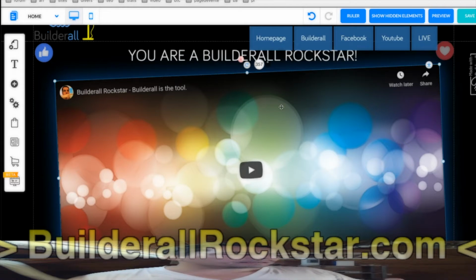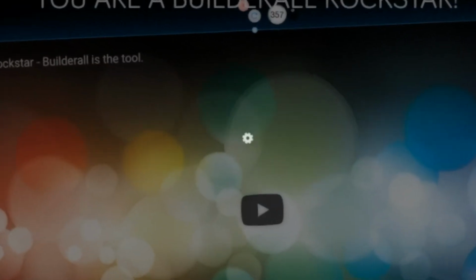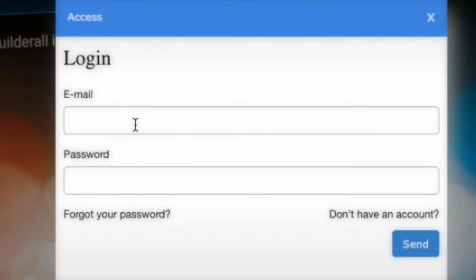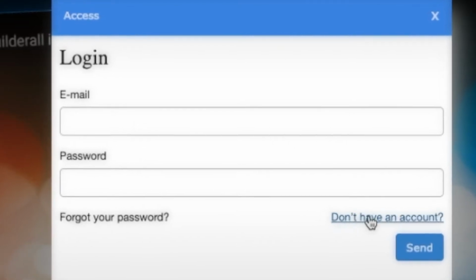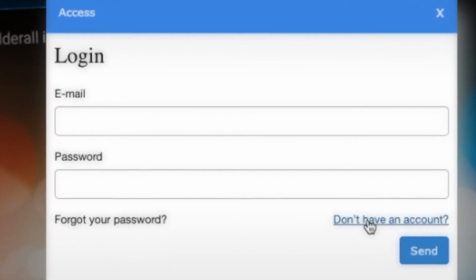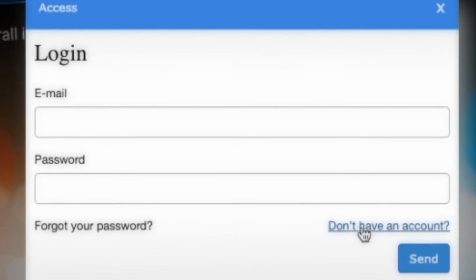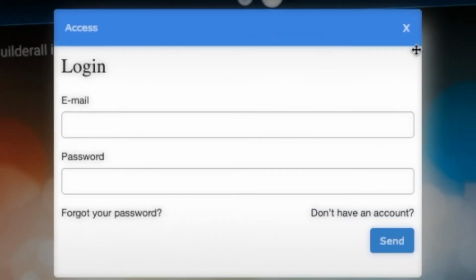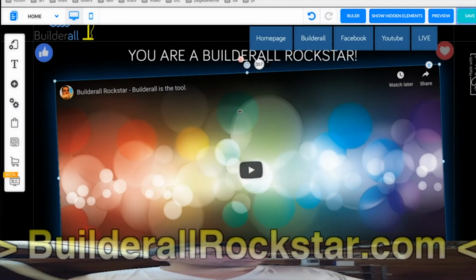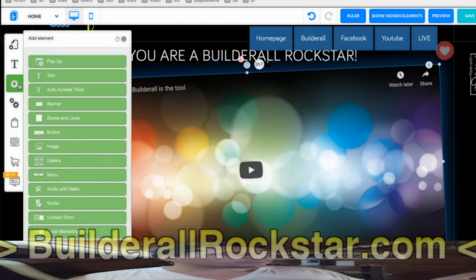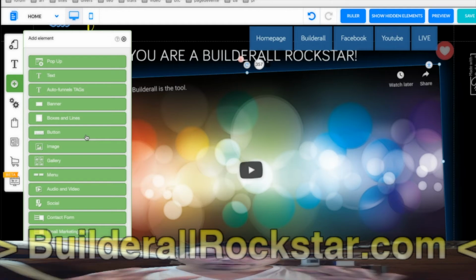So once he's here, maybe you can give some instructions, and when you click save, he will be asked to log in. So if he doesn't have an account, you click don't have an account, it goes to Builderall, and then you can open an account. So it's just a good way to see Pixel Perfect working, to use it as a demo without opening a Builderall account.